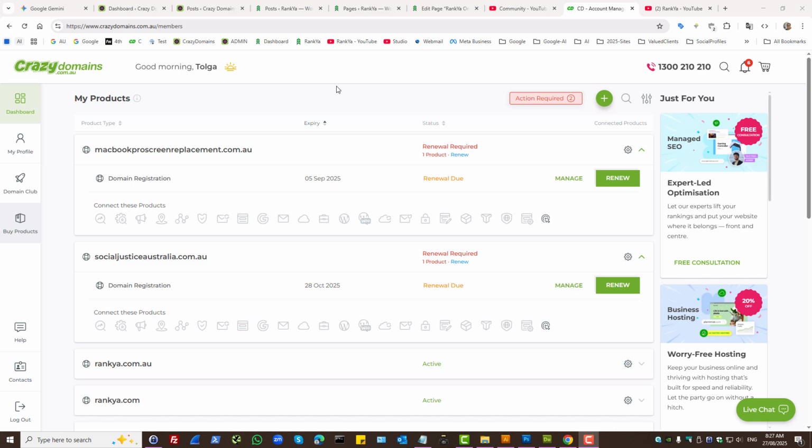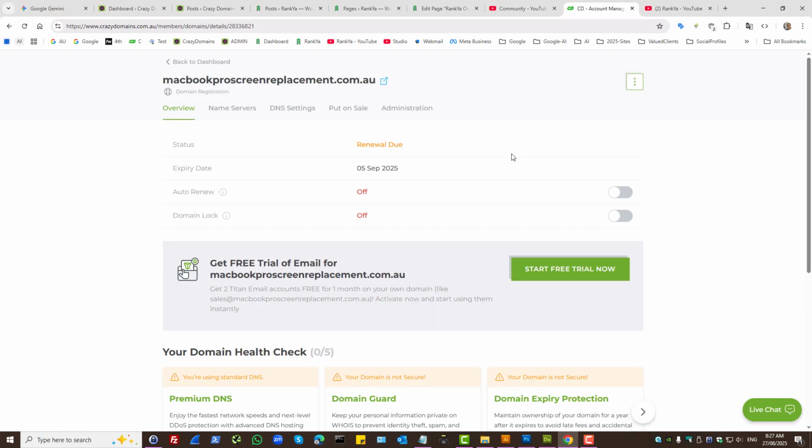How to delete a domain from your Crazy Domains account. Once you're logged into your account, the domain you'd like to delete, you can press on Manage, or you can press on the gear icon. It's going to take you to the same place. So if I want to delete this particular domain, I'll press on Manage, and from here,